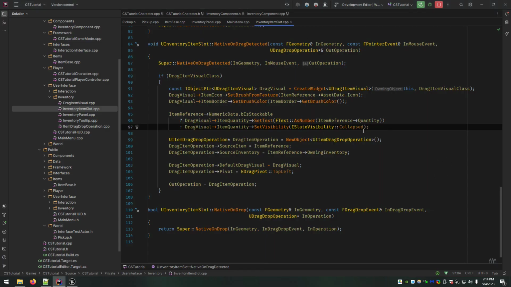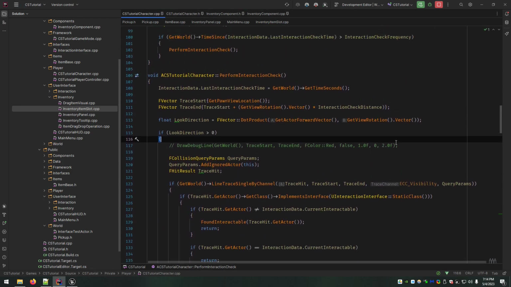The only other tiny thing I did, which you may have noticed, is that I commented out the line trace. We're at the point now where that was really just a confirmation that everything was working and that our interaction system was working. We don't really need that, and we're going to expand on our player character to be able to do the zoom in and aim I've been mentioning. And so we may enable it again for that just to make sure that things are good, but you don't really need to keep this on the entire time. So those are the only tweaks that I did.